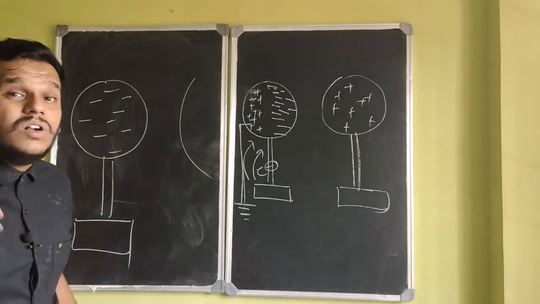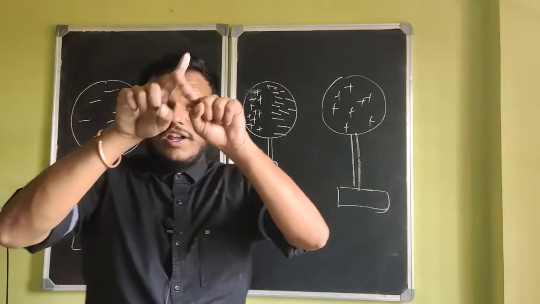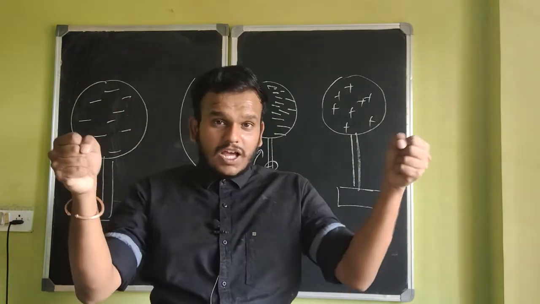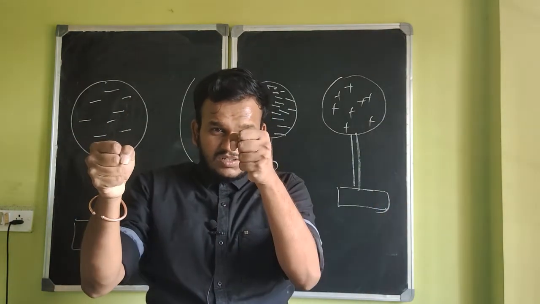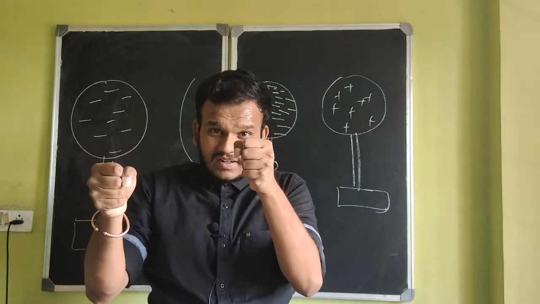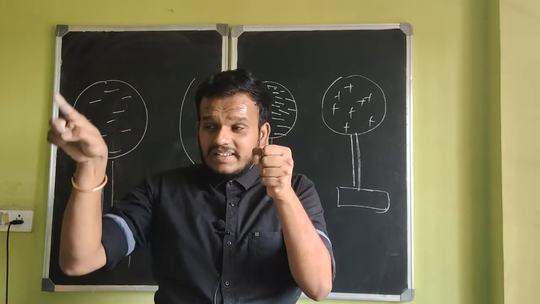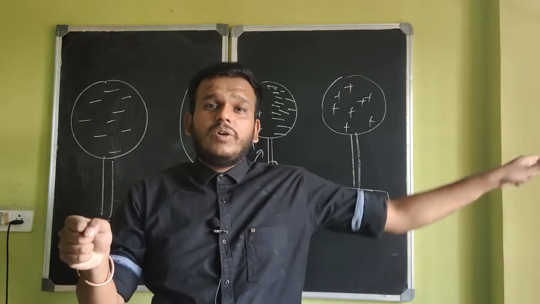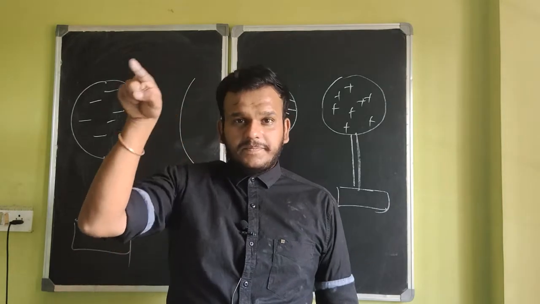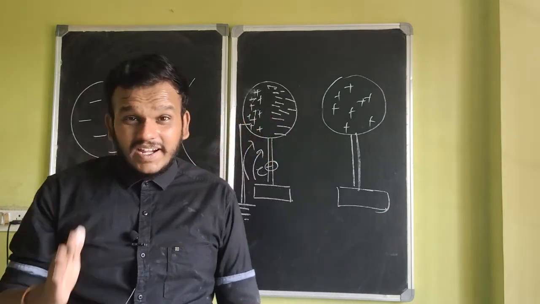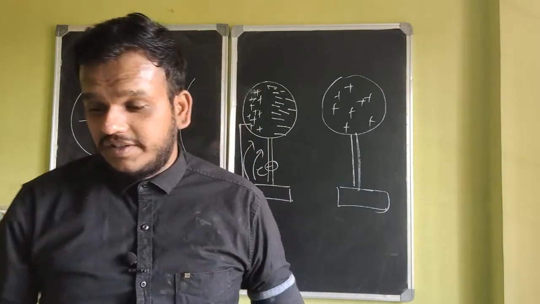Do you understand? This is called charging by induction. Neutral object, charged object, bring it close, hold it there. In the meantime, connect this end to Earth, throw it away, and you have a charged object. That is charging by induction. I hope you understood this, right?